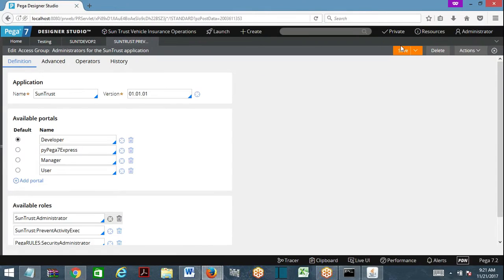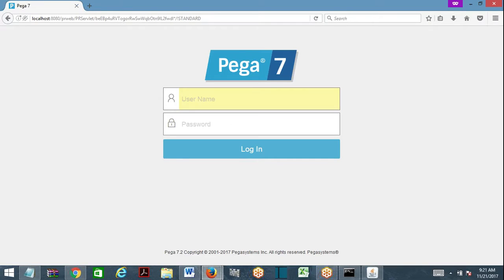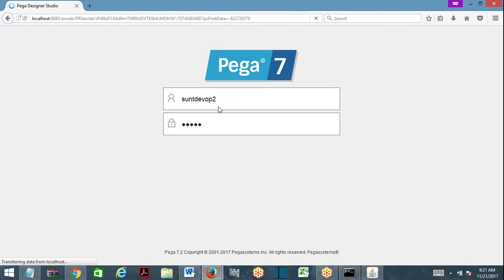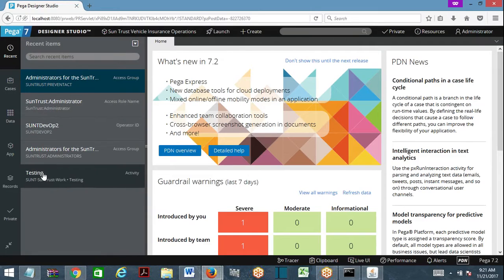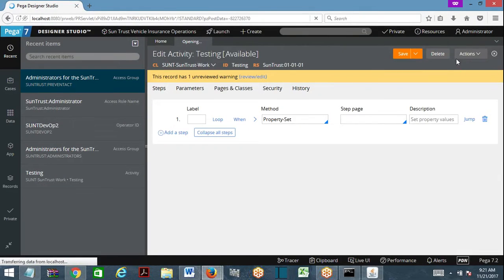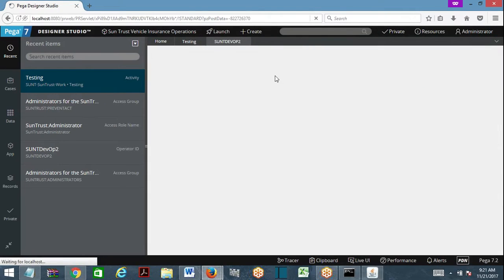Let me test now. SunTrust DevOps 2. Let me check back. So now this operator has admin access, and some other access group.